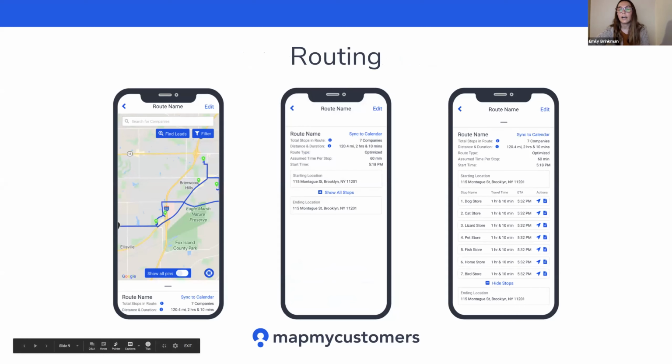The last things I would like to give you a preview of are the enhancements we're making to routes. Routes are a complex feature, obviously, that are central to our app experience. And we know that there will be a time when all of our users are back on the road again, and we want to make our routing experience as optimized and useful as possible. To start, we are making some necessary design improvements so that route details are laid out in a more organized and digestible manner. In the new design, you can slide up this little slider tool